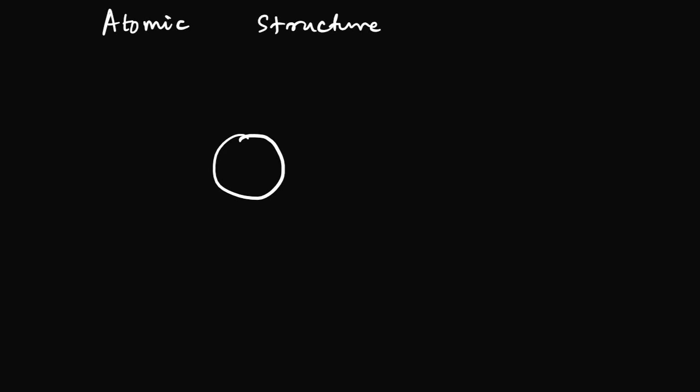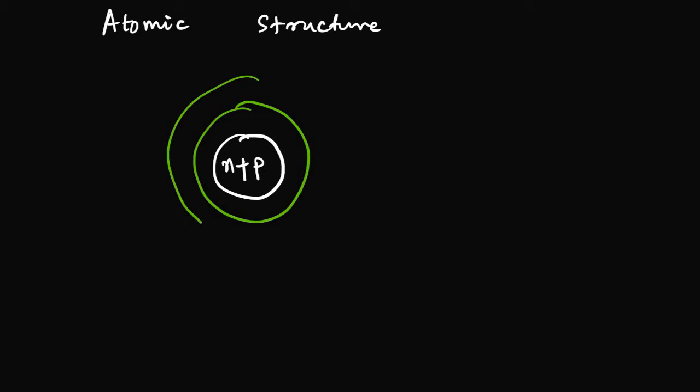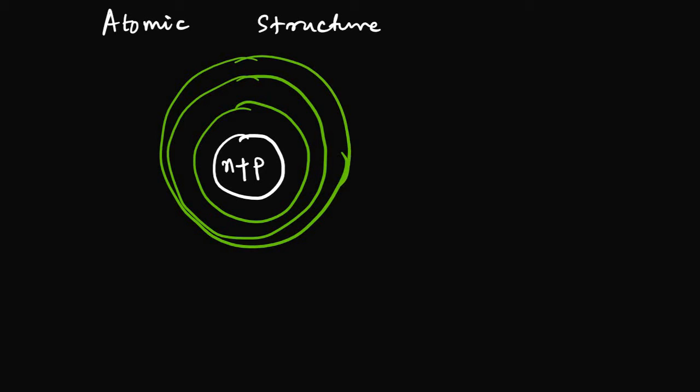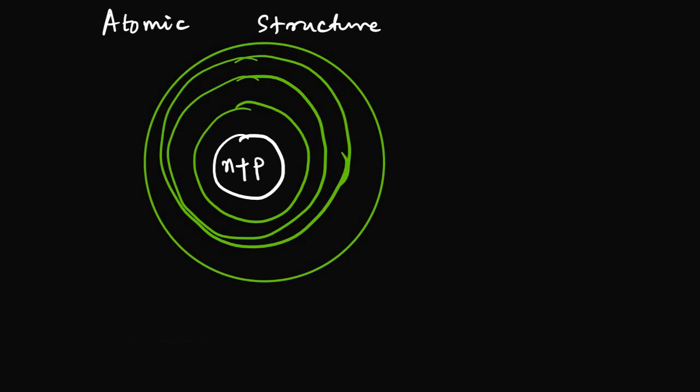Now in atomic structure, we studied in the modern theory that there is a nucleus like this in the middle having neutrons and protons, which constitute the total mass of the atom, and the electrons are orbiting in specified paths around the nucleus, right? We also have this concept of outer shells, which hold the valence electrons. We will talk about that, but first is atomic structure.